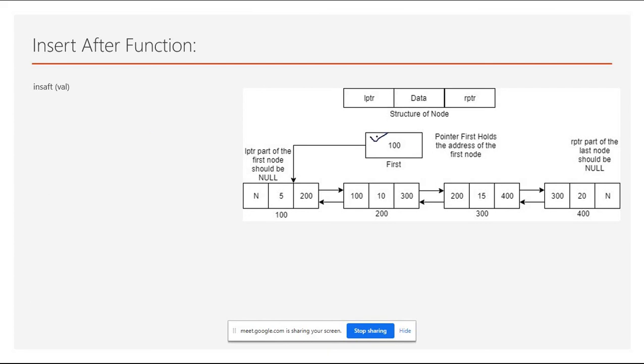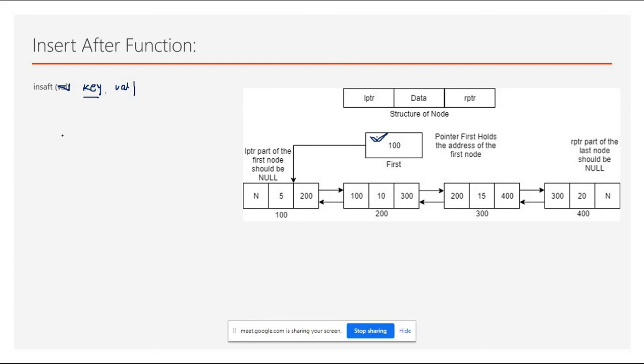If first is null, obviously the key value will not be there, because here two things are there: insert after, where the user has to pass a key value, and second, the value to be inserted. If first is null, that means the linked list is empty, so we cannot find the key value, and in that case we cannot go for insertion. That is the first condition you need to check.